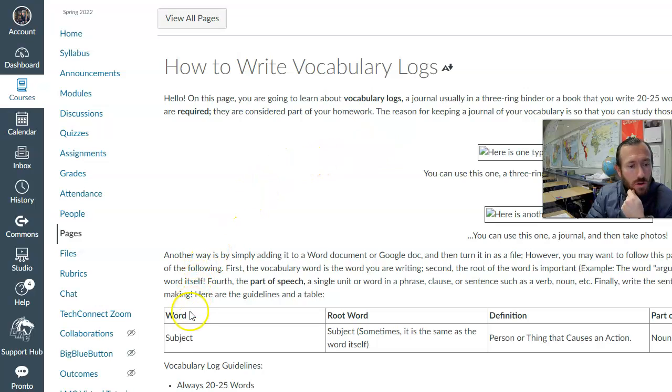So basically, you're going to write the word, the root word, which may be the same as the word itself, or it may have an abbreviated version, what the definition of that word is in the dictionary, the part of speech, if it's a noun, verb, adverb, adjective, and then you're going to use that word in a sentence that you create. The sentence doesn't need to be perfect. I'm not looking for perfection in terms of everything being